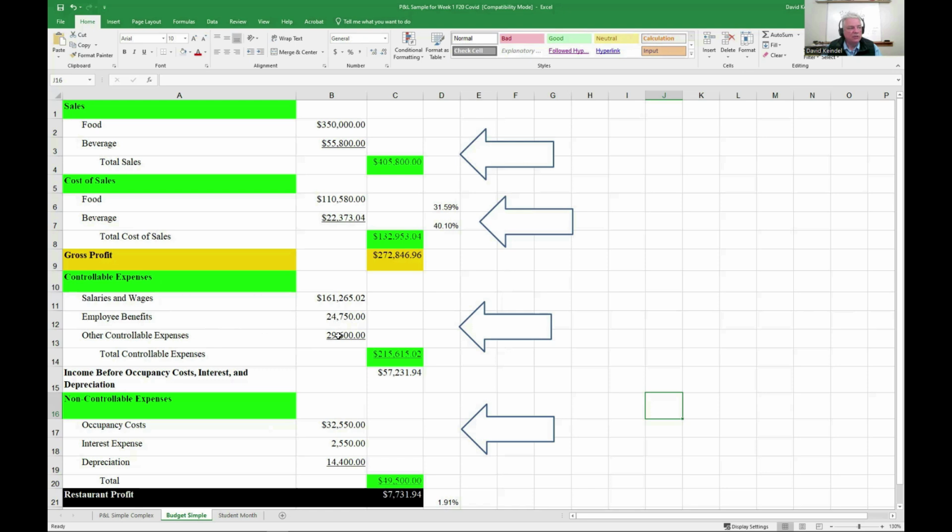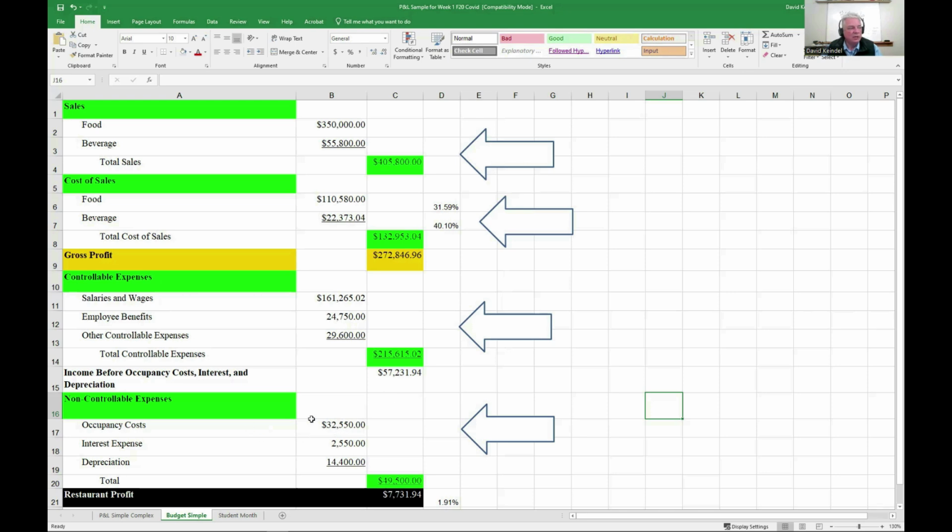And some other controllable expenses. Again, we talked about, this is a simplified example, but it could be things like utilities or advertising costs, printing costs. So we add that up, we get 215,000. So we had 272 gross profit. We take out the controllable expenses at 215 and we end up with 57,000, but we still have our fixed